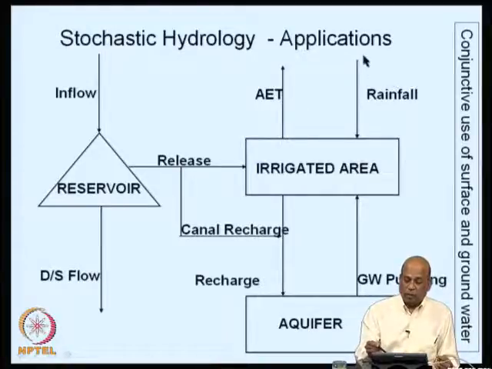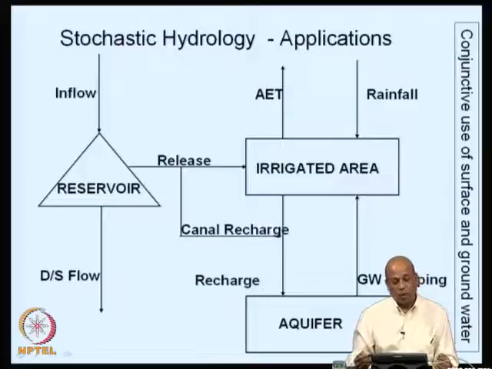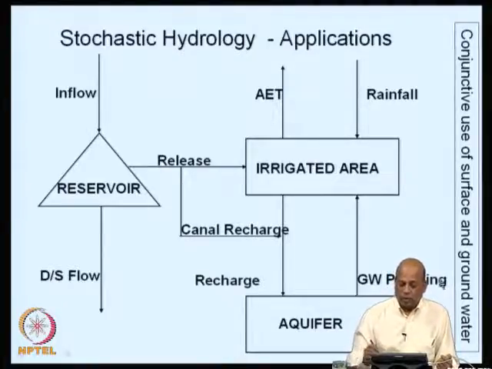Similarly, the rainfall occurring in the command area or the irrigated area is itself uncertain, and then the recharge is governed by a large number of uncertain parameters, the groundwater flow is governed by a large number of uncertain parameters, and so on. So, when you want to make decisions on such large systems, you need to address uncertainties associated with all these